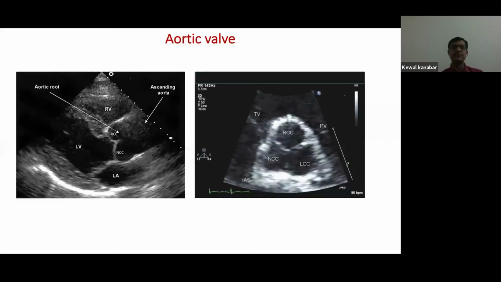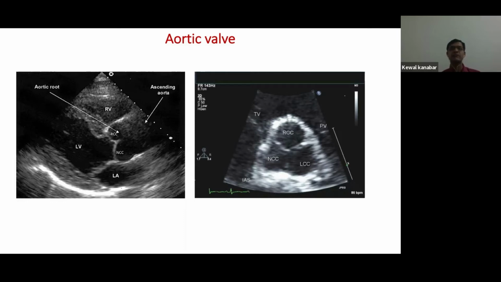Let us discuss the echocardiographic assessment of the aortic valve. The aortic valve can be assessed echocardiographically either by a transthoracic echocardiogram or a transesophageal echocardiogram. Although the transesophageal echocardiogram provides excellent images of the aortic valve, including the resultant hemodynamic abnormalities, what is most commonly used for the assessment of aortic regurgitation is a transthoracic echocardiogram.